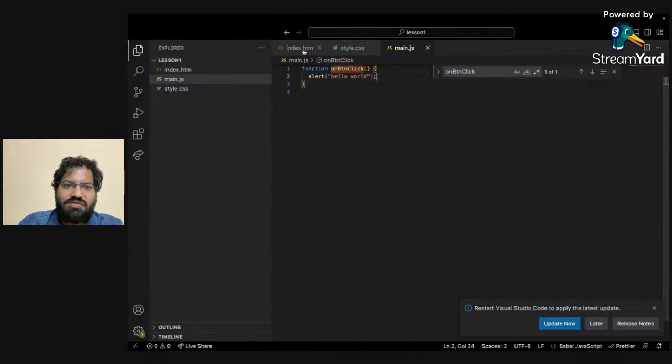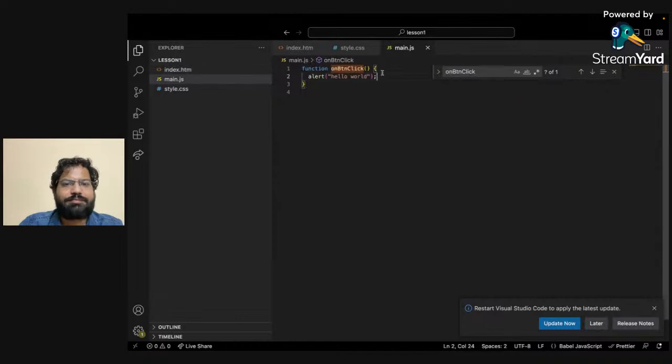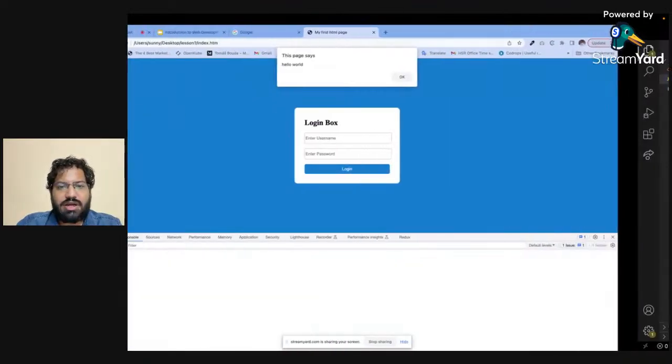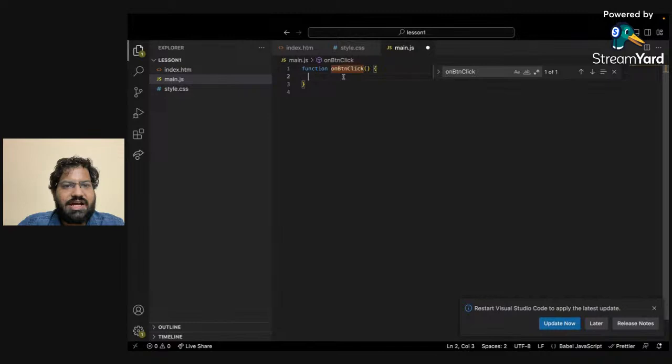Okay, now what we'll do is, whatever a user is typing here, we'll take that value and show it in the alert. So first now we have to take the value of this. To take the value of this, we have to target this element. Okay, so for that, what we'll do is let